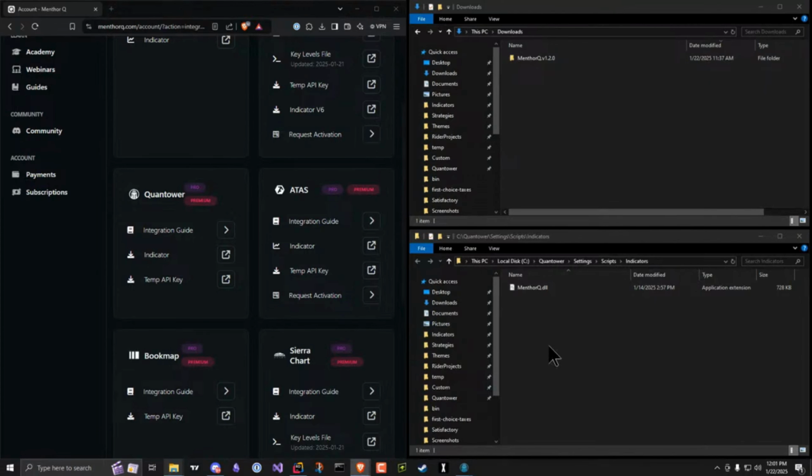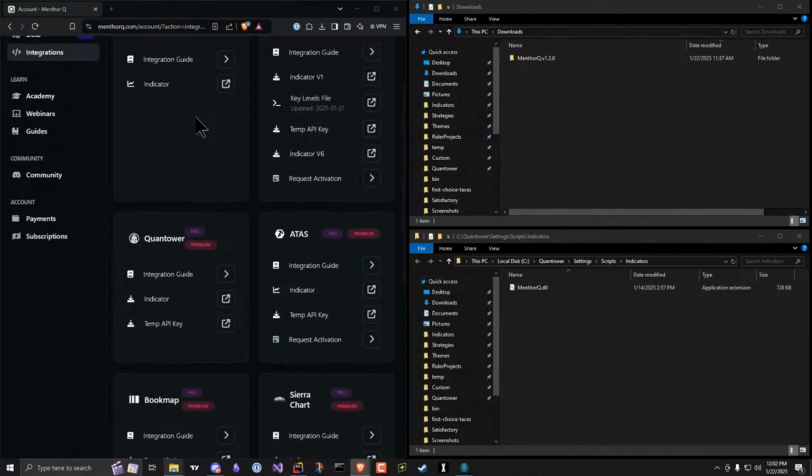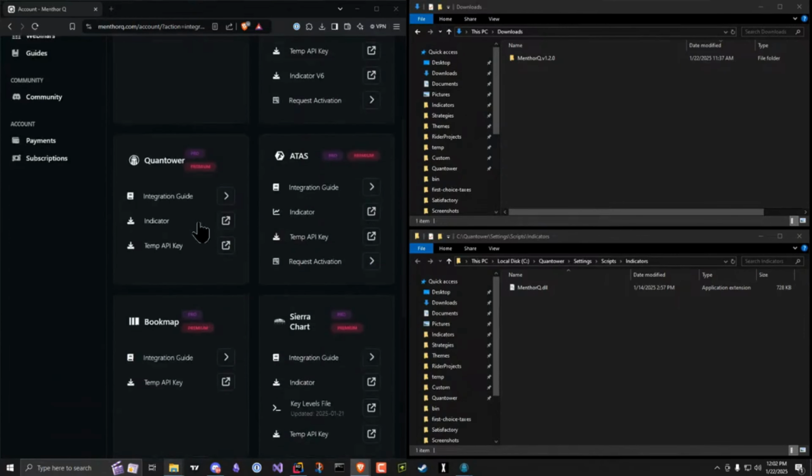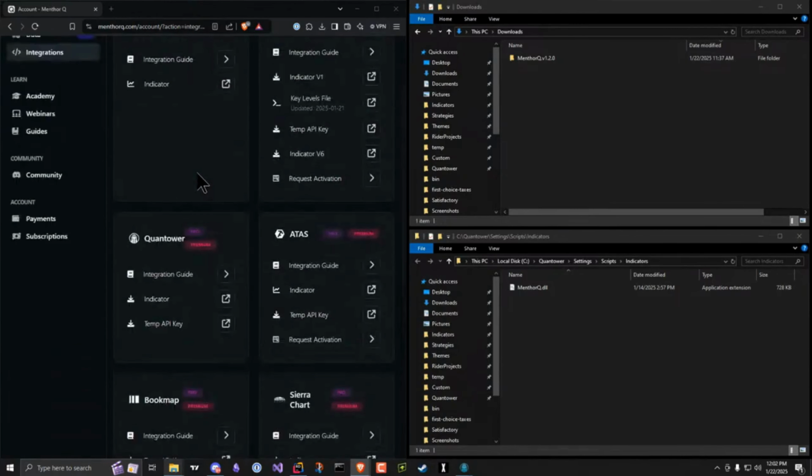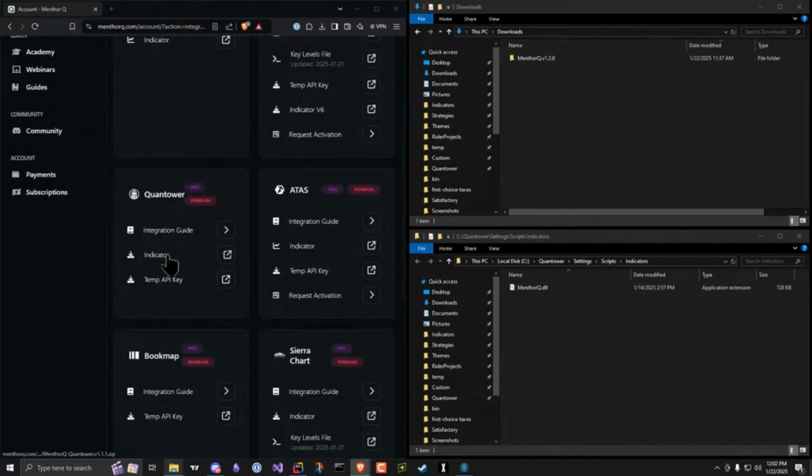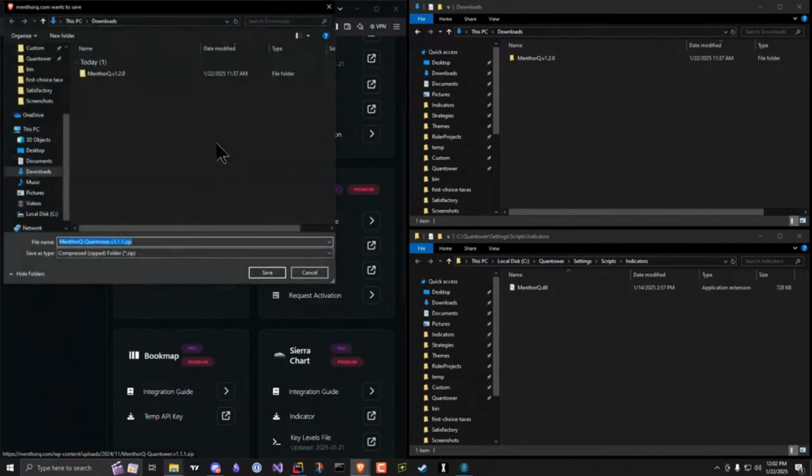So I'm Joey. We built the Quantower Indicator for MenthorQ, and I want to show you how that works here. So the first thing to do, after you've signed up for MenthorQ, is sign into your dashboard right here, and then you can find the list of integrations that are available to you. For the Quantower one, click on the indicator to download the indicator file, and